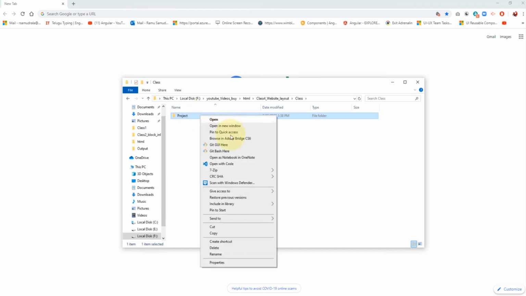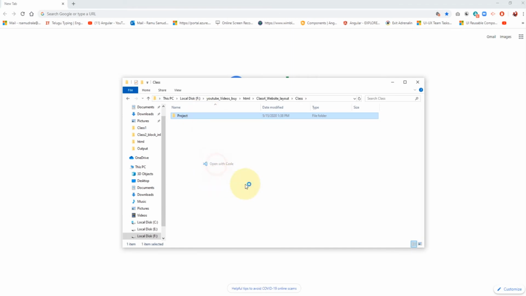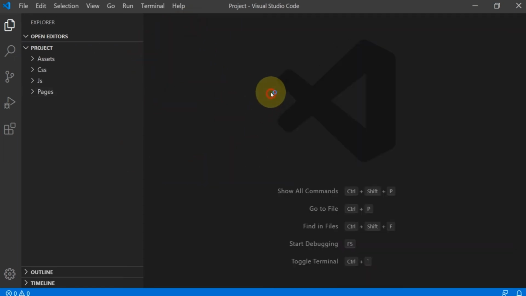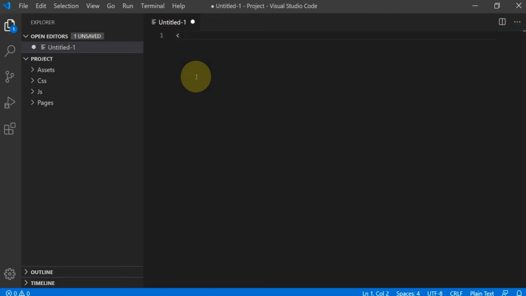So now I am opening the project in Visual Studio, open with Visual Studio Code. Here I am creating a document, my index.html. For that, doctype HTML.